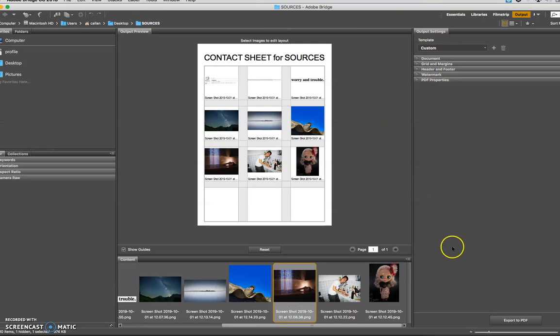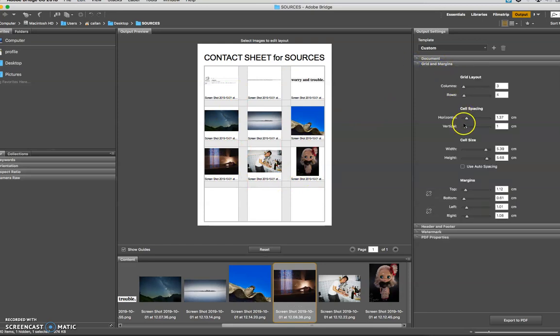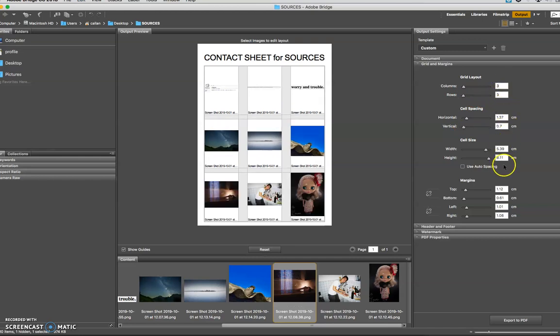Let's go back to Output. I'm going to just export straight to PDF, and it will export this document. But just before I do, I can still change this. So I can go into Grid, and I can decide I want 3 by 3. And that will update. Then I'm going to export,